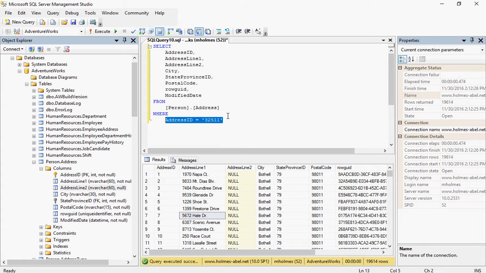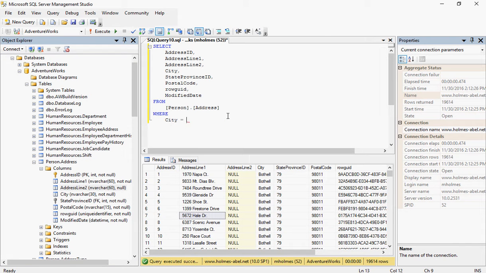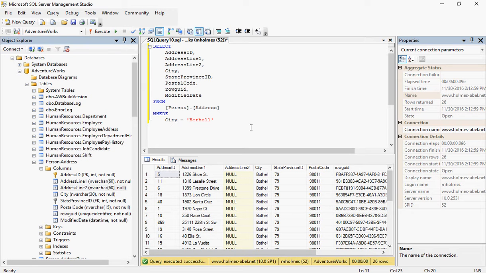Let's start with city first. So we'll see where the city equals, let's just go with the first one here. So our city is going to be Bothell. Not sure I pronounced that correctly. So we have that,